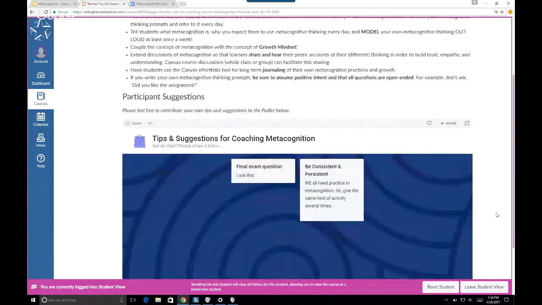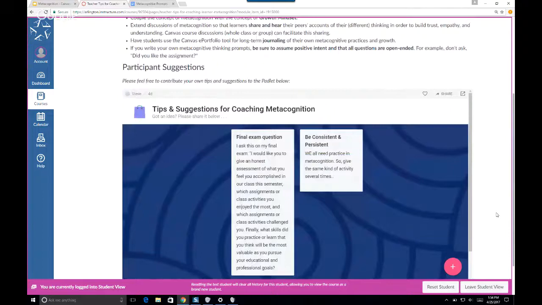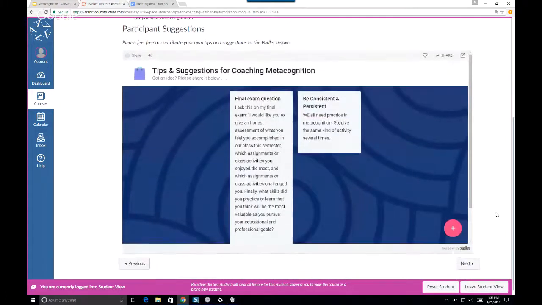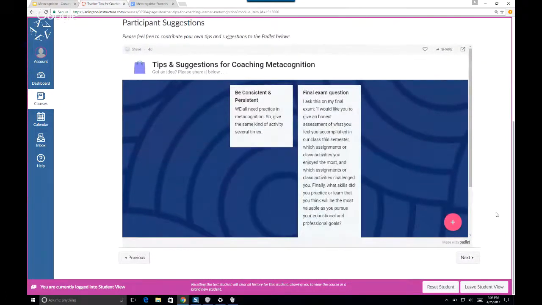Please feel free to populate some more here in this space, as I can see some of you are doing right now. This Padlet will be live. This course will be available for a long time. I don't really have any intention to shut it down overnight, certainly. So hopefully, as people come back to this topic again in the future, you might come back and see evidence of what some of your colleagues from around the country and maybe even the globe have added here as their thoughts.